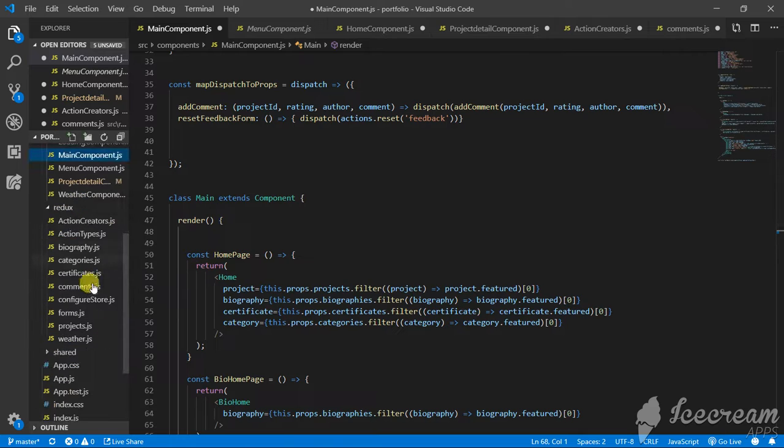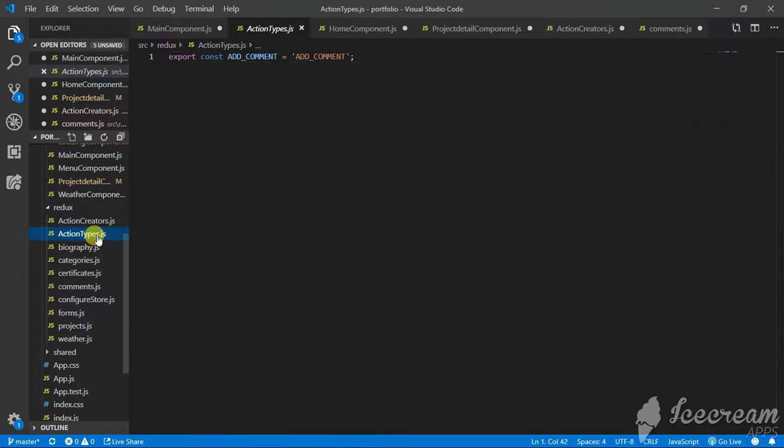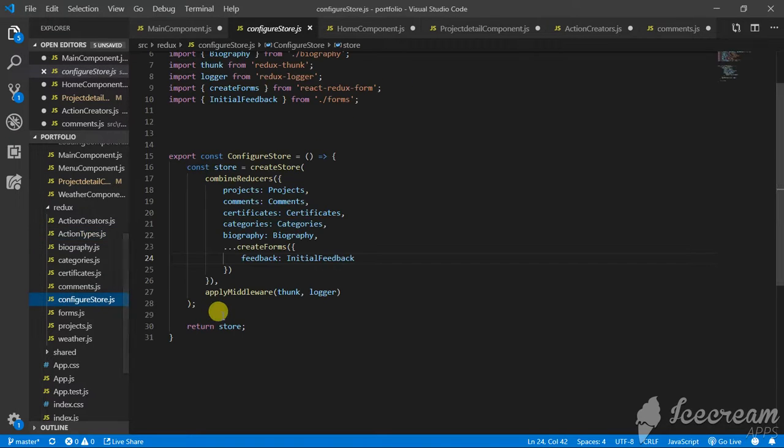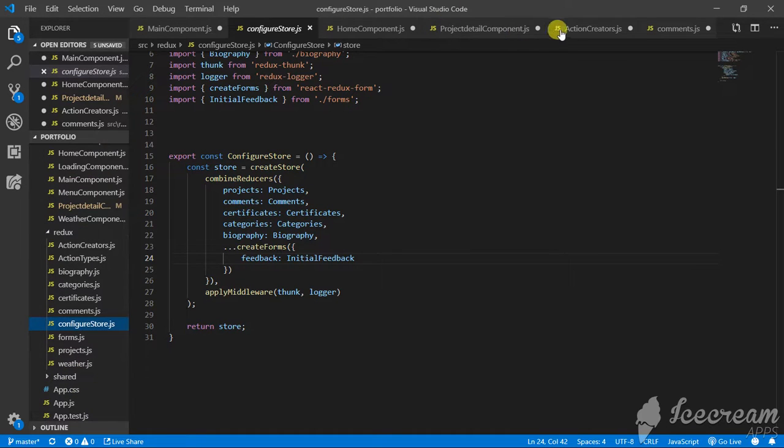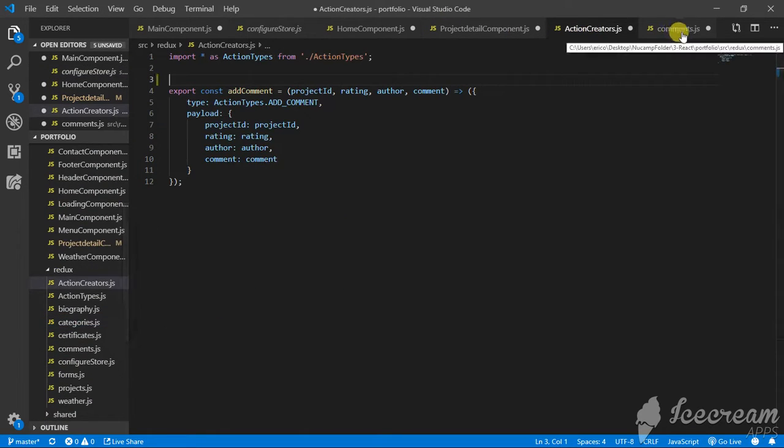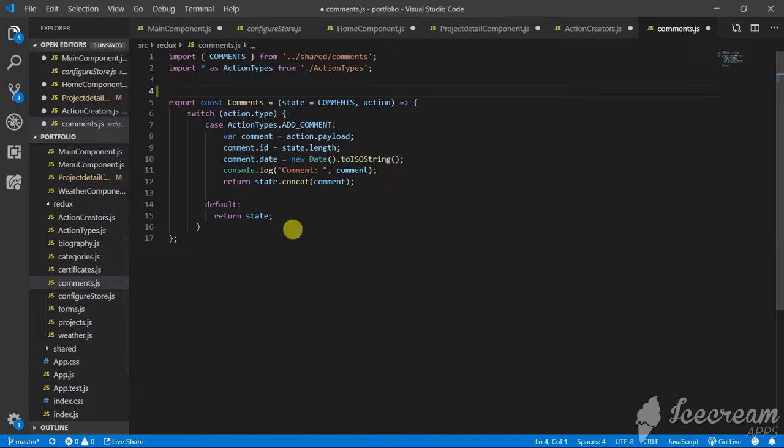The Redux I wanted to show you real fast. I only have one example. It's when you add the comment as we showed there. So basically that dispatches an action to the reducer in the store, and then presents a new state, which is right here. So the action is the payload,